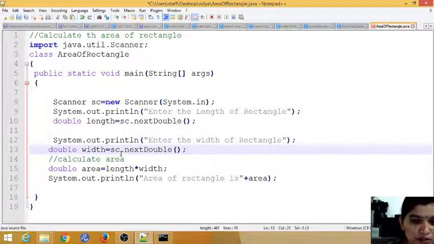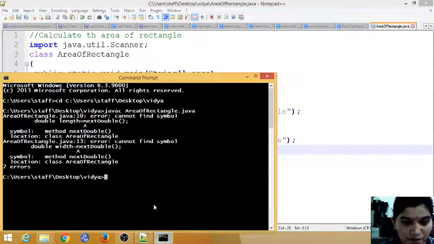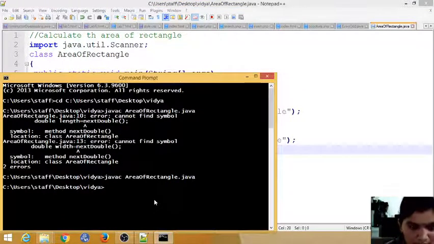You will learn more from the errors you get. So st.nextDouble. Now we will compile it again. Now it is compiling perfectly. We'll run it with the java command and your file name.